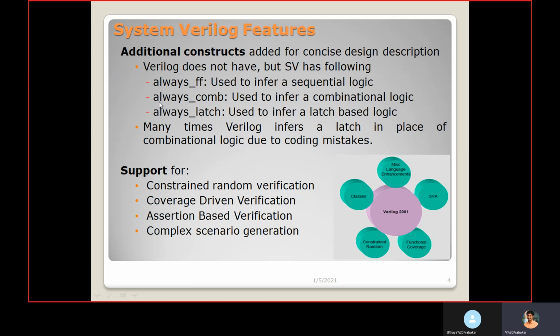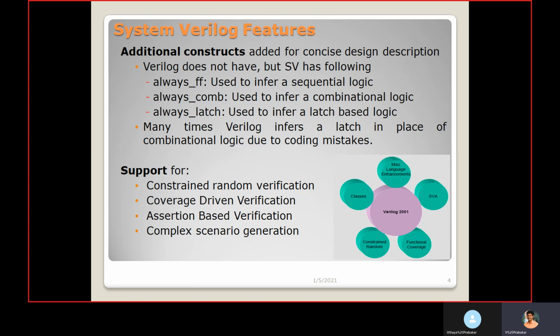For example, if you are implementing combinational logic with the help of always, say you are implementing a decoder with the help of a case statement. Inside the always block, you have to mention all the possible inputs of the decoder. In the case, you need to mention all the alternative cases. Finally, you need to give a default case. If you forget to give default, during the synthesis process, it will create a latch.